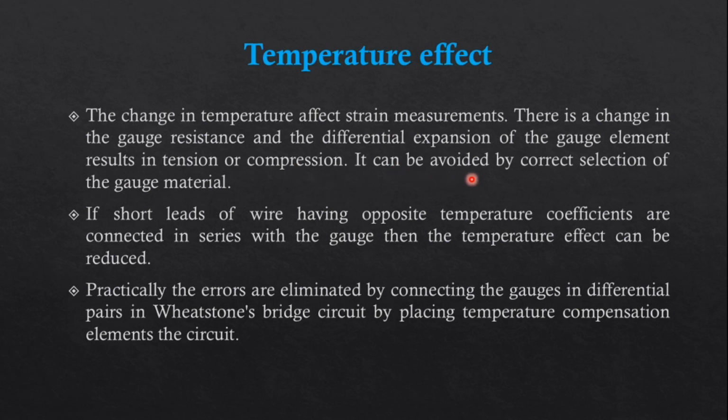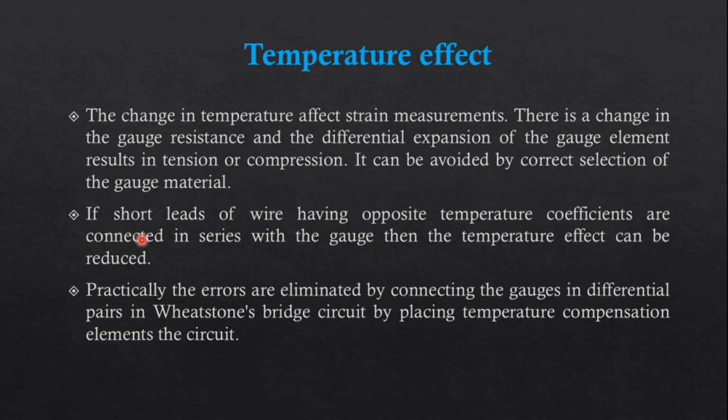It can be avoided by correct selection of the gauge material. So while selecting the gauge material, we need to take in mind that temperature effects are there in our strain gauge. So if temperature is going to be increased, then the length of the gauge is also going to be increased, and there is also creep that is going to be introduced in our strain gauge. And if the temperature is going to be decreased, the length of the gauge is going to be reduced, right? So the same effect is going to be observed. So a lot of error is going to be introduced in our